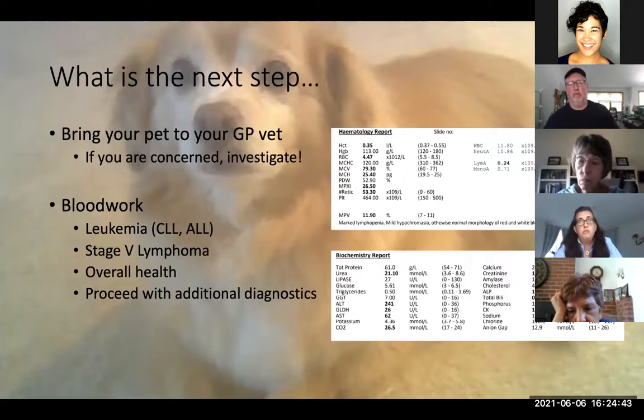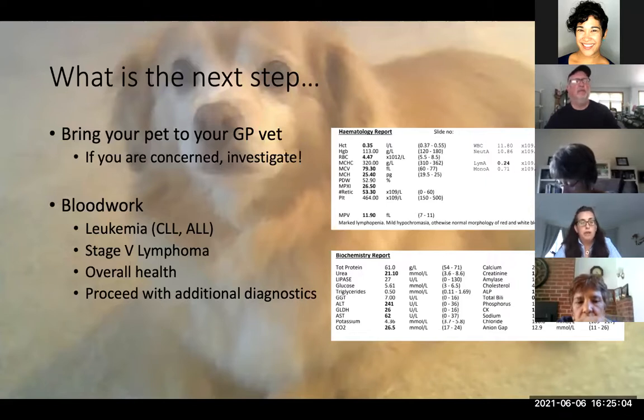My own dog was diagnosed with a liver mass and had completely normal blood work. Even the liver values were completely normal, and she had a ruptured liver mass. So you can have normal values and have cancer, but it does rule out a couple of things. Blood work is going to tell us if we have a bloodborne cancer, so if we have leukemia or stage 5 lymphoma, you may be able to pick up on that with your CBC,